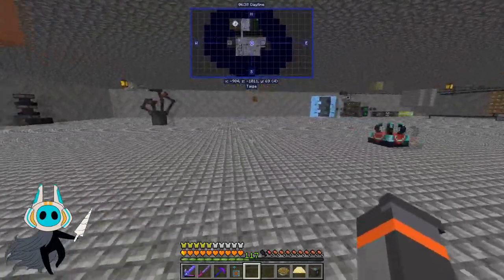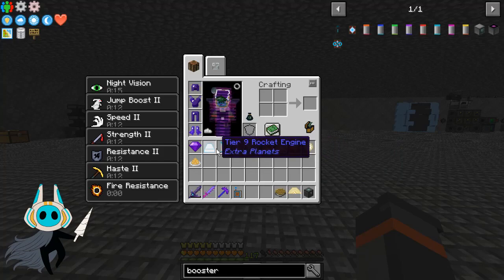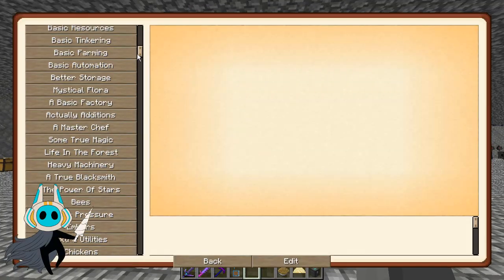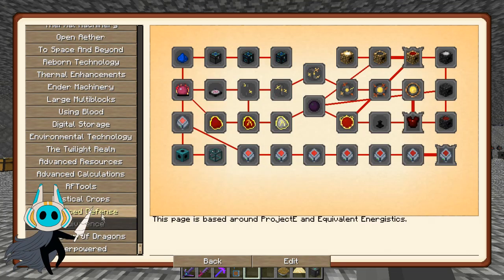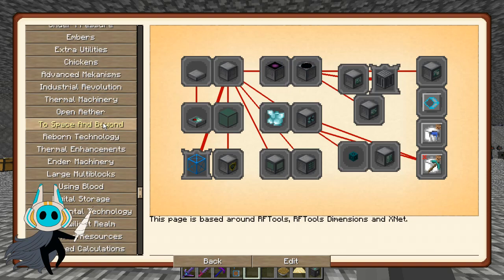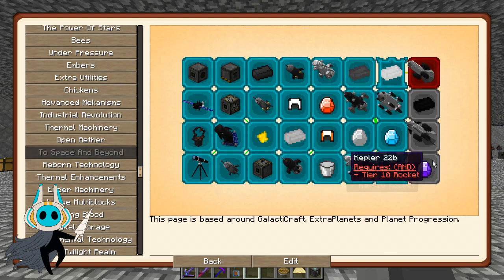In between episodes I've been doing a little bit of grinding. I've been up and down to different planets because I got myself a tier 9 rocket. The reason being I have discovered, after a bit of a check, that to get into the RF Tools age we actually need to get Kepler 22b done, which is a bit weird considering Kepler 22b is not a